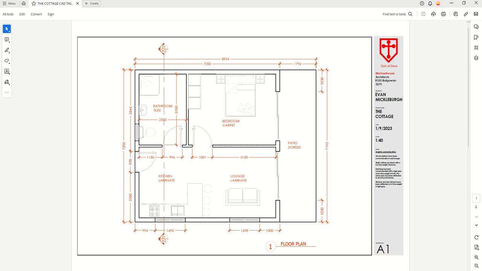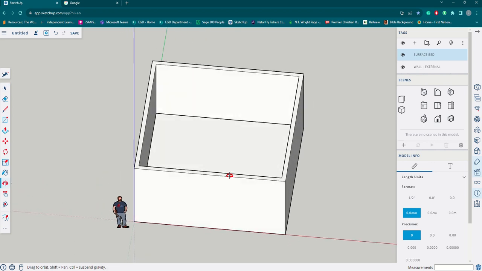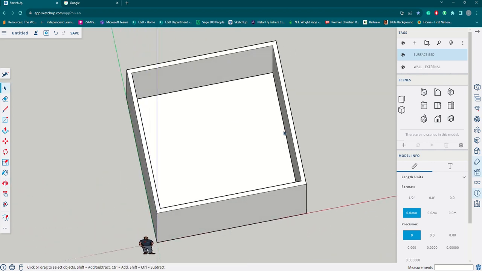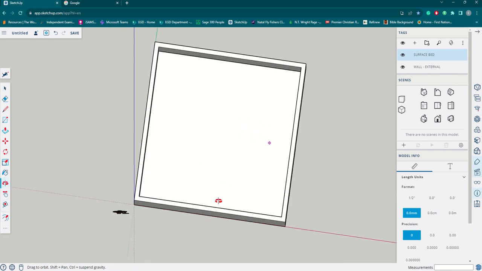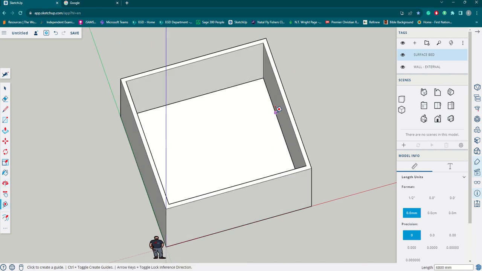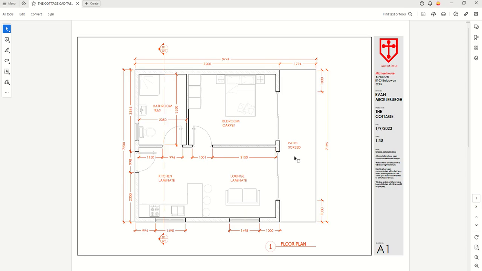And what we're going to do here is say that we're looking at the north elevation over here. So we're going to come off this inside edge with a tape measure. You hit T, or you can click on tape measure. And what this does is it really creates a construction line. So I'm going to click on that edge, and we're going to pull it across